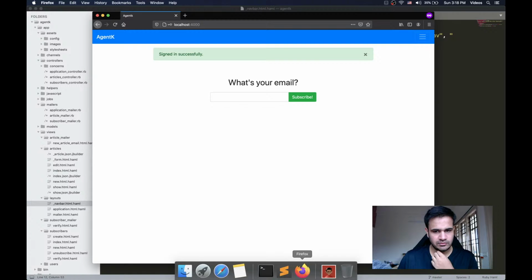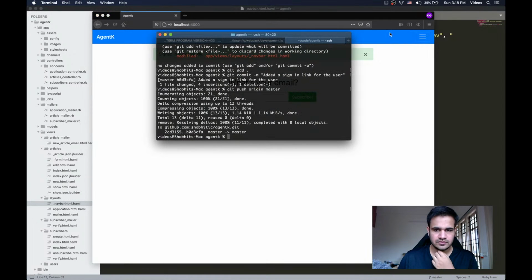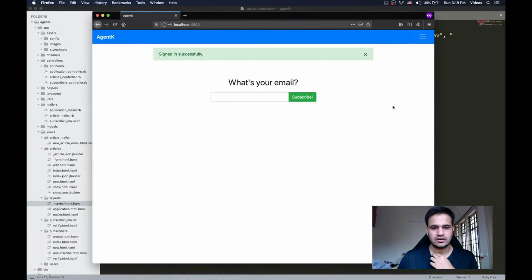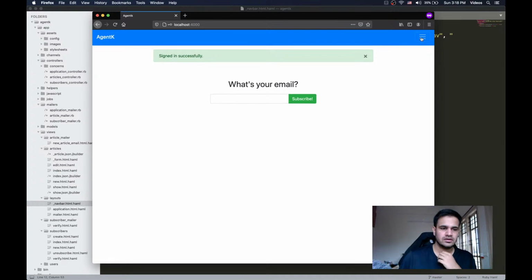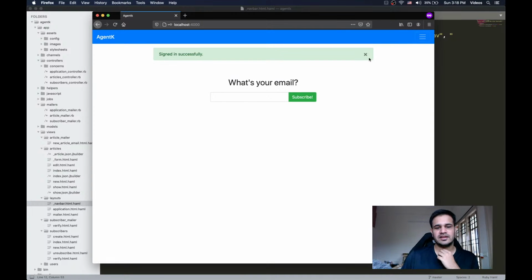Okay, so I've git pushed everything. All right, great. So now the other thing that I wanted to work on today was a way for the user to customize